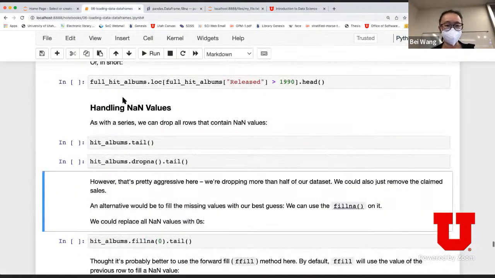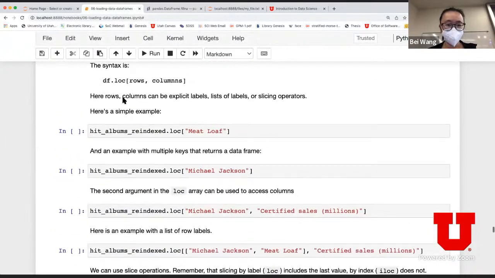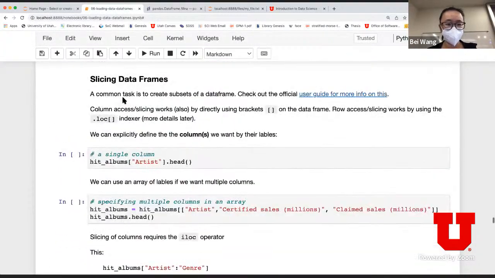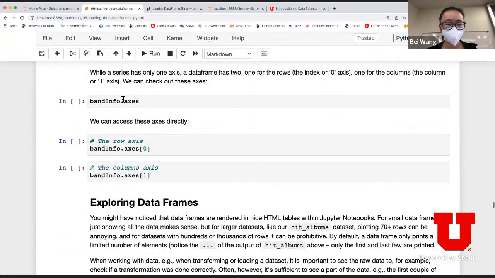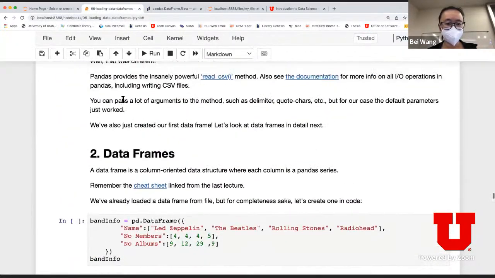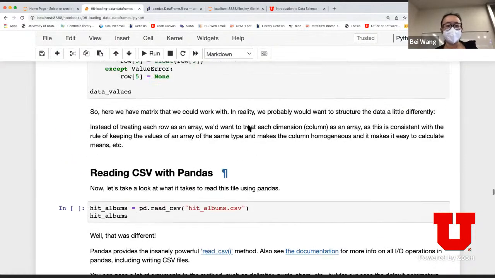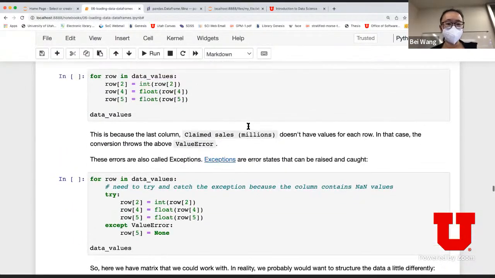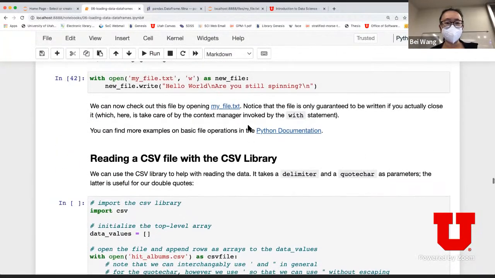Okay, so let's get back to where we are. Okay, so data frame. Where are we? Yes, okay, remember we can do, oh wait, let me go further. I think we are still, okay, right here.